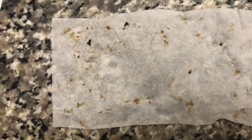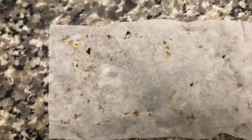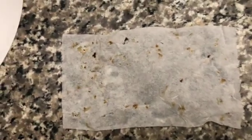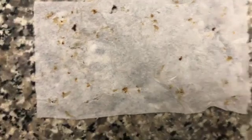Super nasty, but this is all the wax that came out of my ear, which is not a lot compared to the last time. So if you asked me on a scale of 1 to 10, this device is very effective because this is 6 months post my ear, and it may look like a lot on the camera, but it's really not. I know it's gross, but